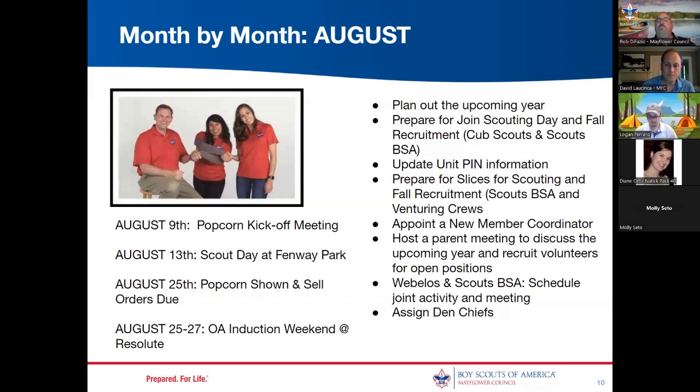David, jumping back real quick to one of the points I wanted to bring up about the parent meeting. One of the things we find effective when you're trying to recruit is to have a meeting that is specifically just the parents, where Scouts are not there, and to have a description of the duties for the volunteer positions you might need help with. If you need help with that, you can reach out to myself or David, and we have access to those materials. We'll be happy to give them to you.